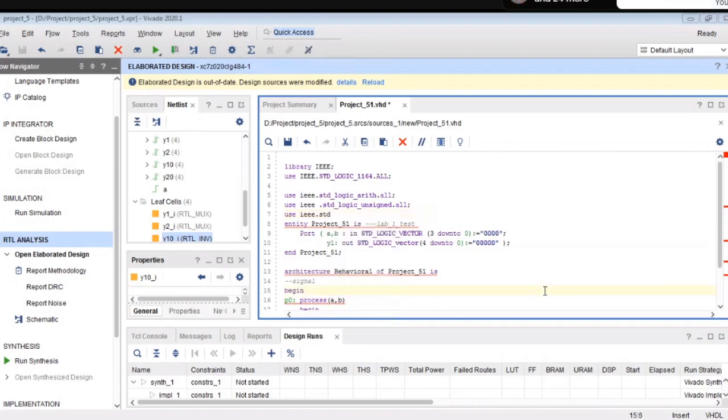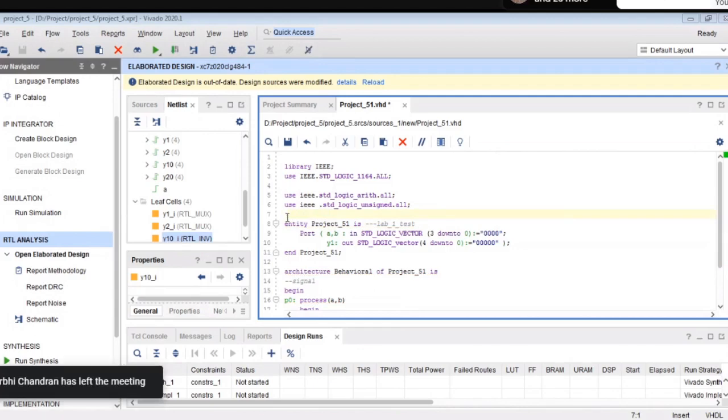So these are all the library files available. One should use the library files whenever they intend to do such operations. So for arithmetic operations, one should include std_logic_arith.all and std_logic_unsigned.all, because here we are going to deal with unsigned numbers. If you deal with signed numbers, then we have to add signed.all.